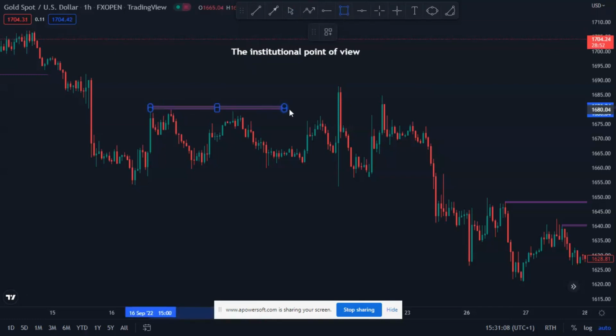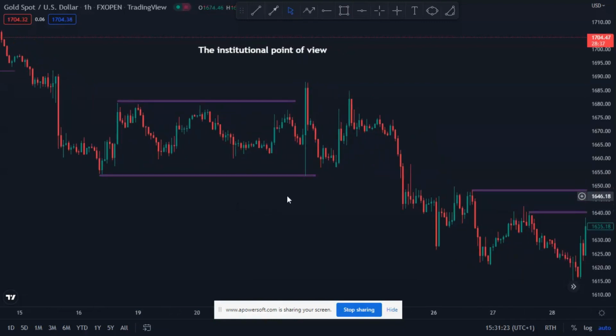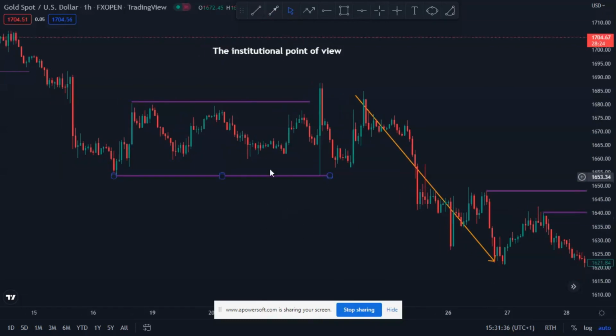So the main topic today is going to be manipulation and distribution. By manipulation, if I can put it simply, we are going to be considering consolidations or ranges, and then distribution. Distribution is going to be these moves that happen. You're going to find that in the market, we have these two seasons or these two cycles. There's another one, the third one, but we are going to be mainly looking at these ranges,